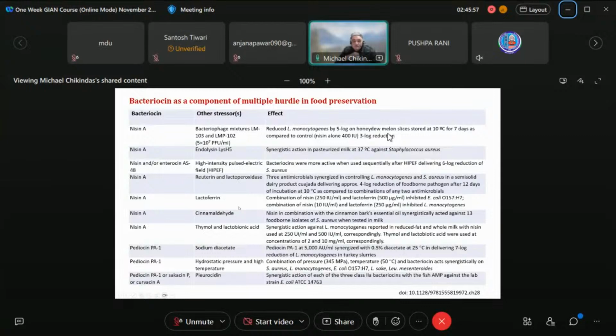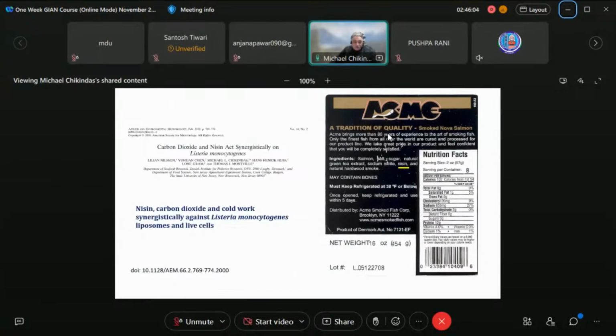Another example, and again it comes from our work, Lillian Nielsen, the first author of this paper, almost a quarter of a century back. Wow, time is flying. She came to our lab from the Danish Institute for Fishery with the objective to find ways to control pathogens and spoilage microorganisms, but mostly Listeria monocytogenes, in the smoked salmon. And they wanted to do it in the most gentle manner. So what we did, we studied niacin, carbon dioxide, and cold as the factors, as the stressors to effectively control